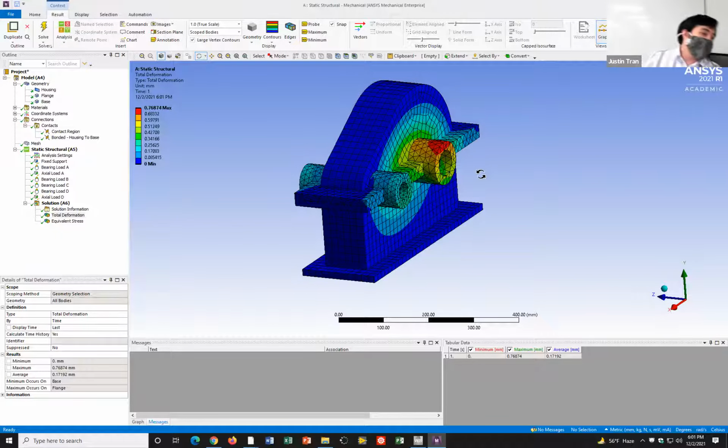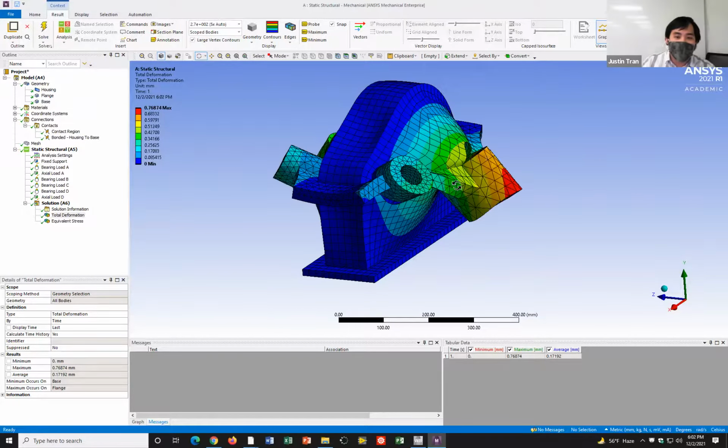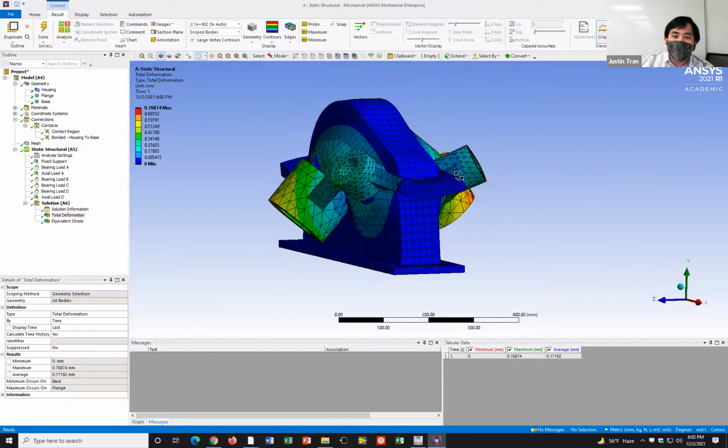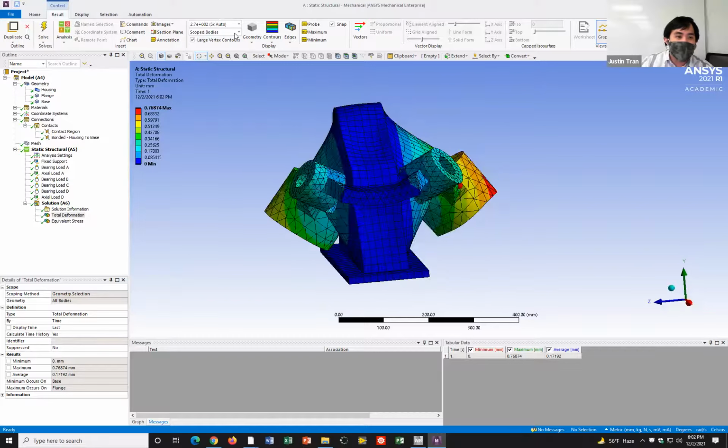Dr. Chen, what was it again that we could just change the scaling? Oh, it was under result. After you run the simulation, you go to result up here, and then it's this toolbar right here. The auto scale should be about 53, and then you can change it to true scale. Thanks. If you want to see it really cool, you can go to the 5X auto, and it gets really kind of crazy like that. It's like a modern art exhibit.